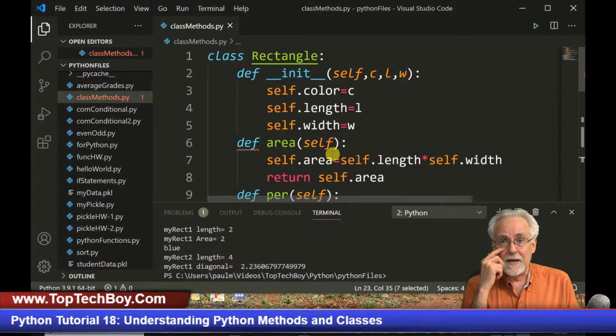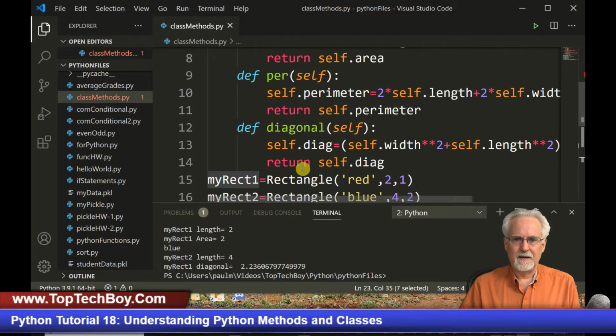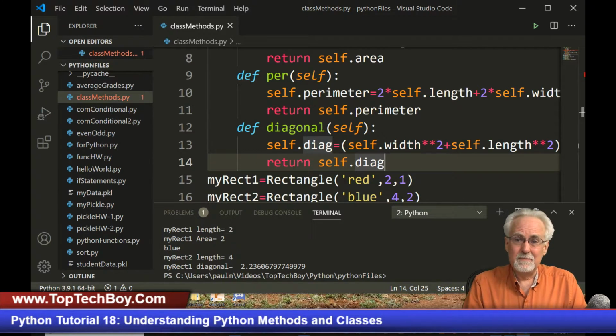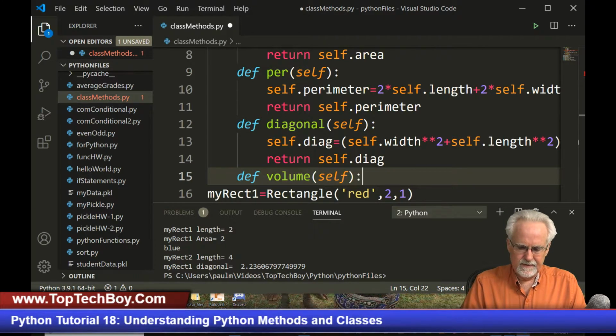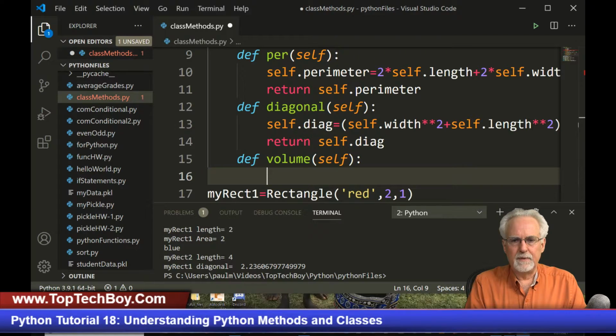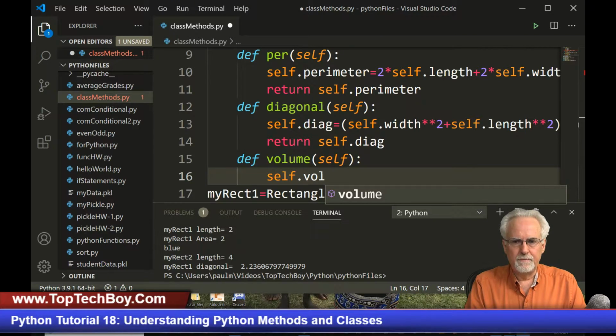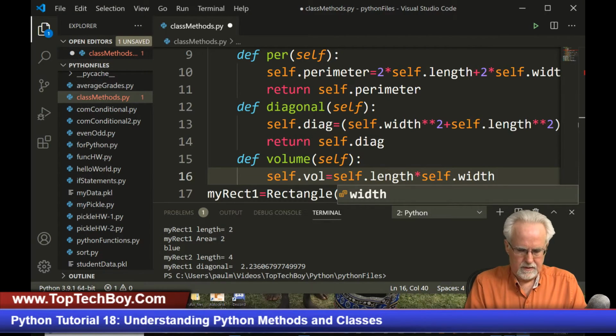Now, I'm kind of going to create sort of an artificial thing here for you, just so that you can kind of see how this works. What if I wanted to know the volume of the rectangle? Well, you say a rectangle doesn't have a volume, and you would be very right there, but what if I define volume, and that is going to get self, and then the thing is, what would volume be? It would be self.volume would be equal to self.length times self.width times